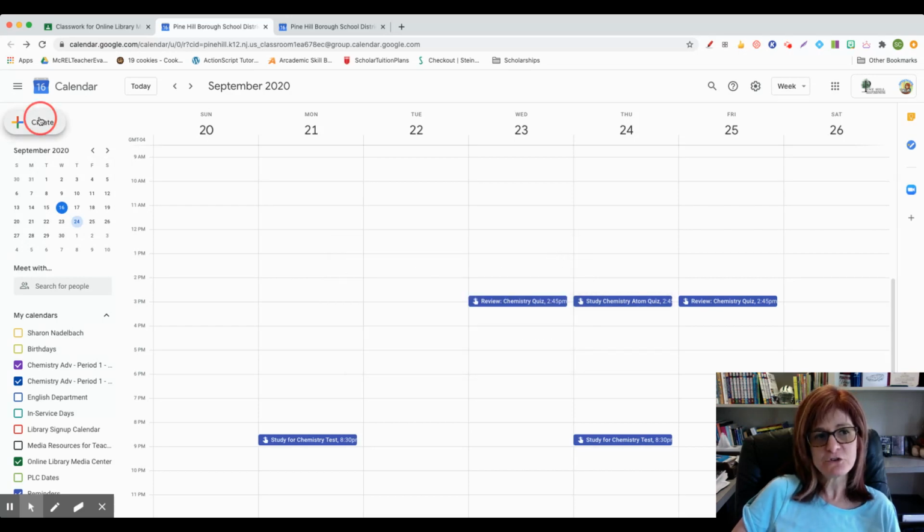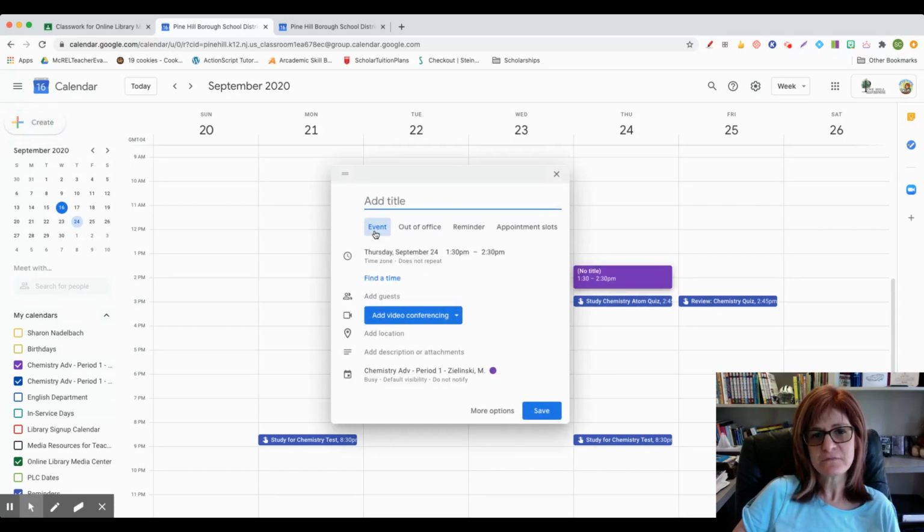Now, another thing you can do is you can create events. These events could be anything. If you know that you work on every Wednesday from 5 to 9, you might want to put that in your calendar so that you don't schedule anything at that time, or if you have a complicated schedule. So I'm going to write working